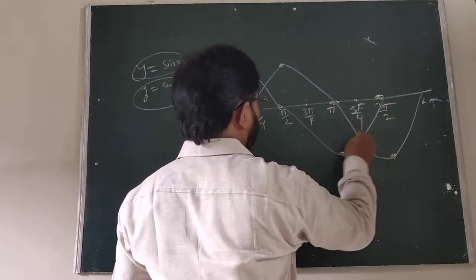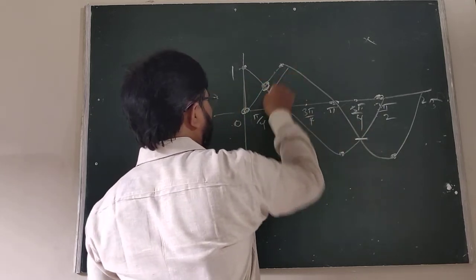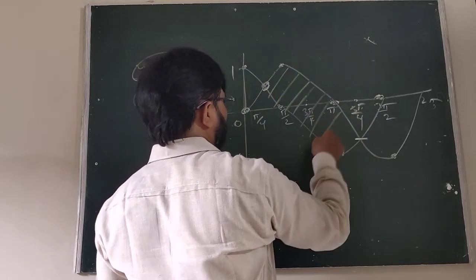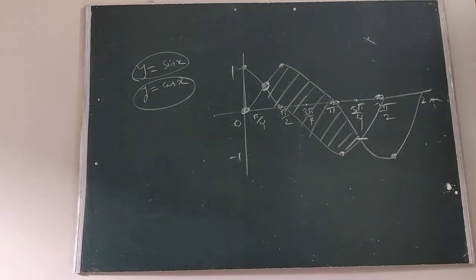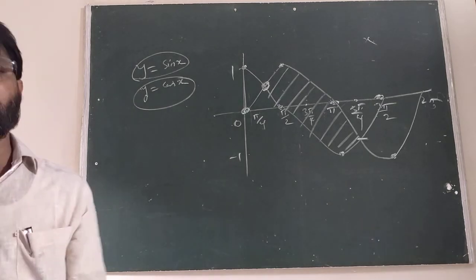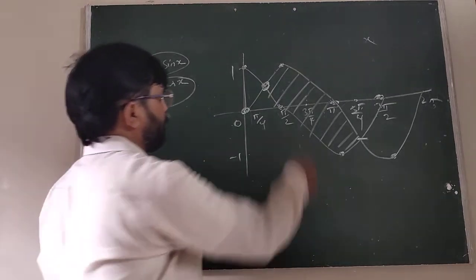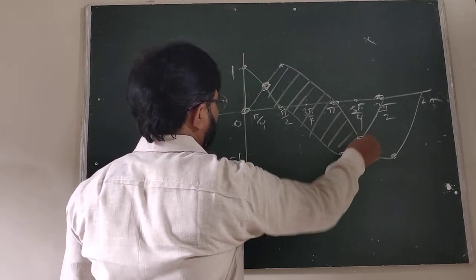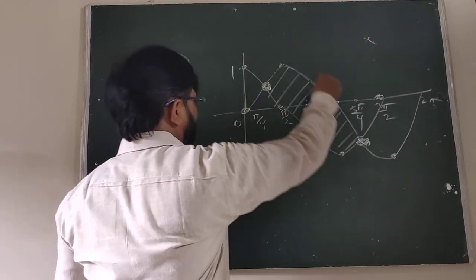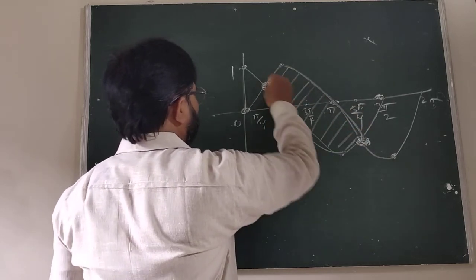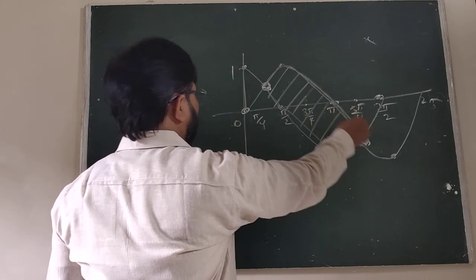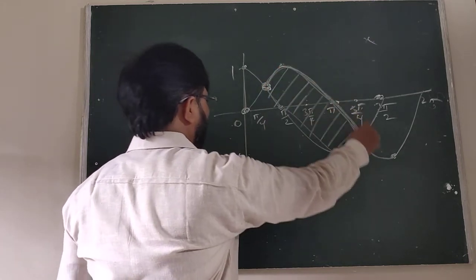Here we are finding this area. This is the point of intersection. The area bounded by y equal to sin x and y equal to cos x between any two consecutive points of intersection. We have to find this region. So how to find this region, students? We can observe that in this region, sin x is always above.